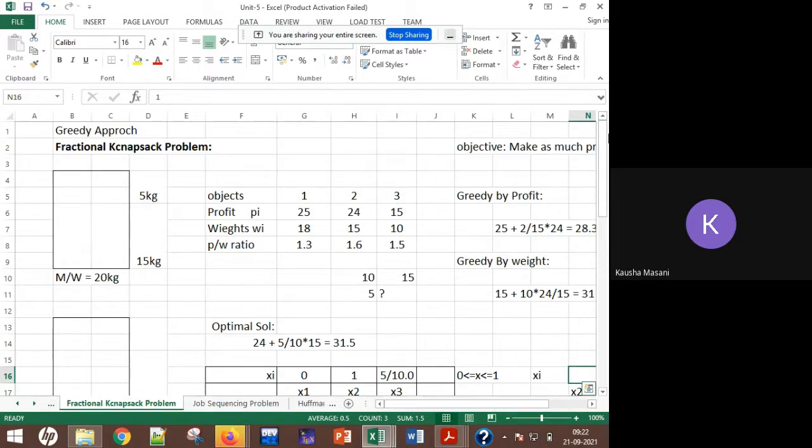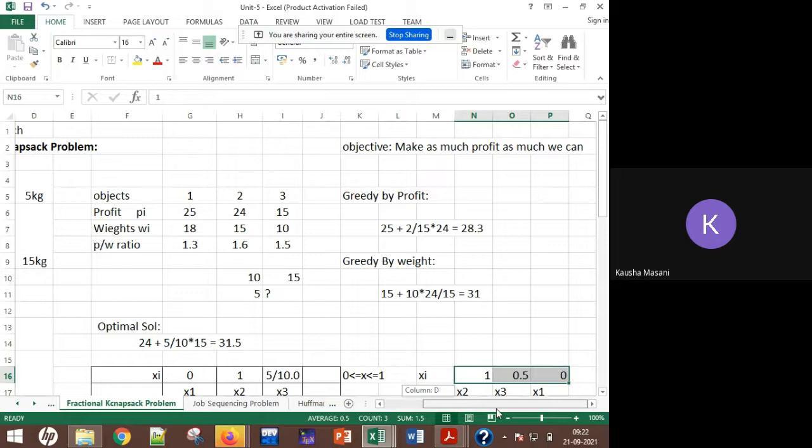Now, if the sum comes, suppose a 4-marker question, you can get 3 to 4 items in the question along with their profits and weights. So what is the first step here? Okay, our objective here is to make as much profit as we can. That is what our goal is, because this is greedy, right? I am greedy about my profits. So I will try to make as much profit as I can.